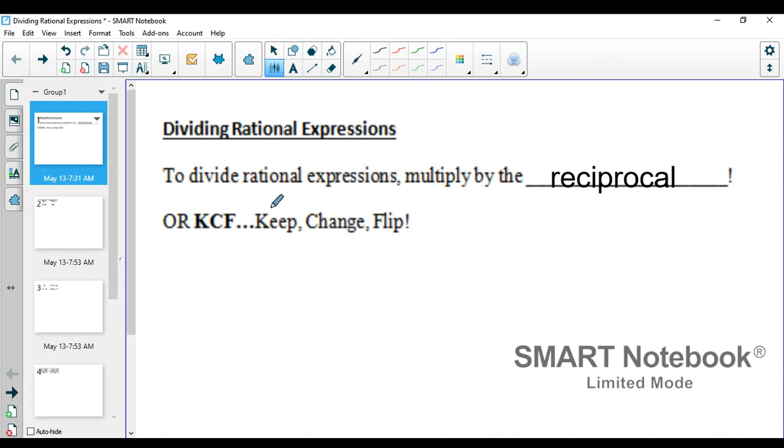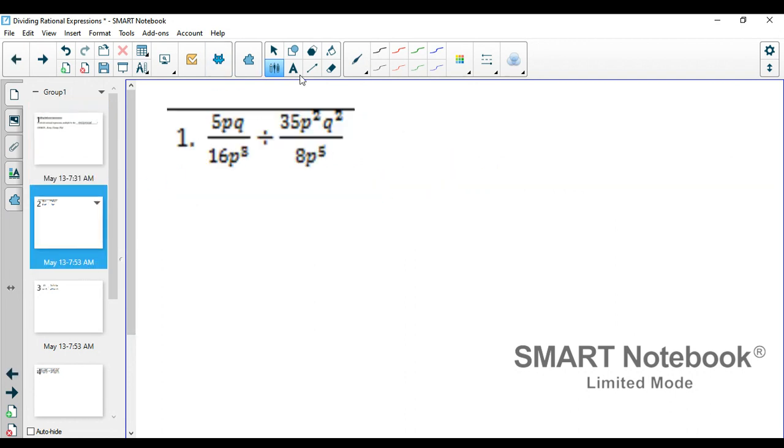Or if you want a nice memory trigger: keep, change, flip. So you keep the first fraction the same, you change division to multiplication, and then you flip the second fraction over. Okay, so that is the main process for today: keep, change, flip. So our first example that we have